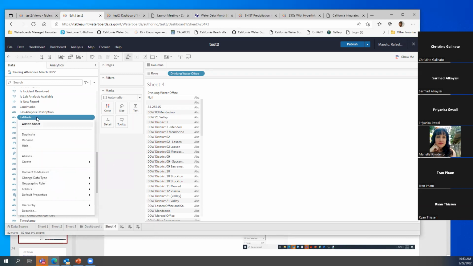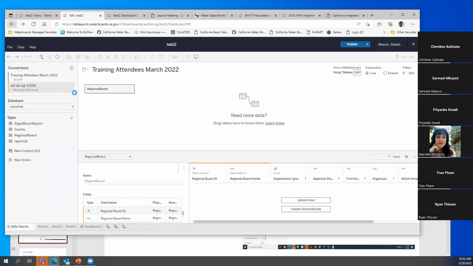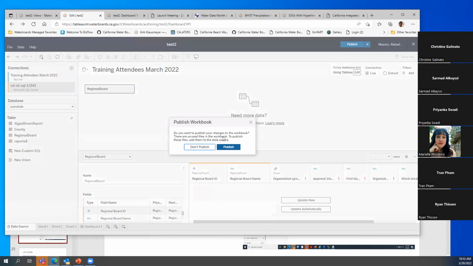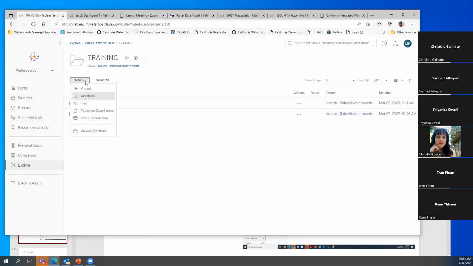This data has a problem with latitude and longitude, because it's not correctly formatted. Let me try something else. Let's just create a completed one, we create just one from scratch.